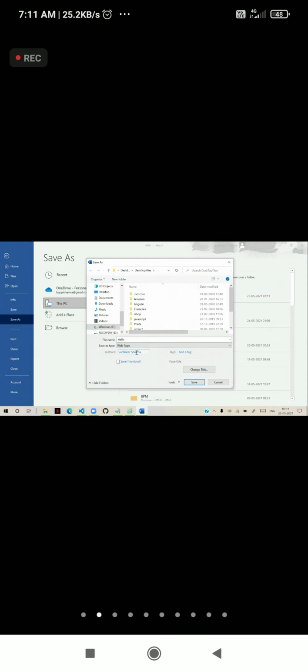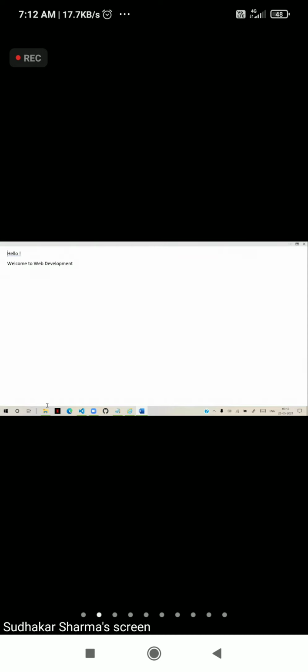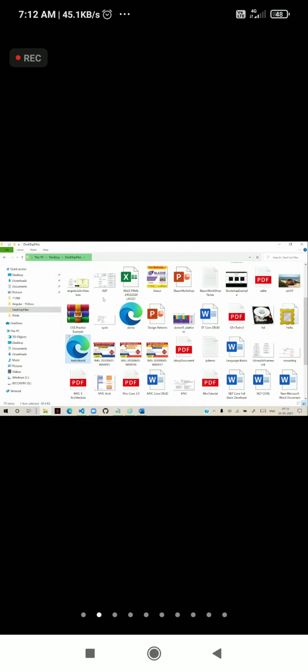When I select web page and name it hello world, and save it, now let's go to the location. You can see there is another file called hello world. Open this file. Now you can observe that it has the extension HTM.